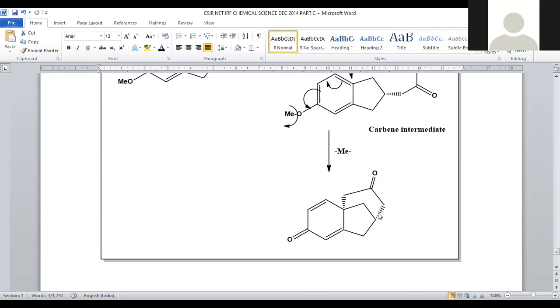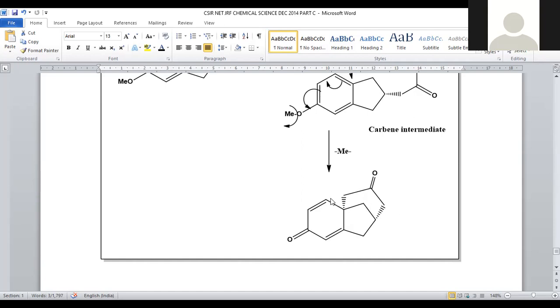So an already existing group is present in the back end. So there is only a provision to attach to this carbon from the back end only, because if you are tilting the bond, that will not persist. That will not persist as a stable conformation, because one end is already on the back side. If you are going to attach from the front side for the second end, that will not be the suitable form.